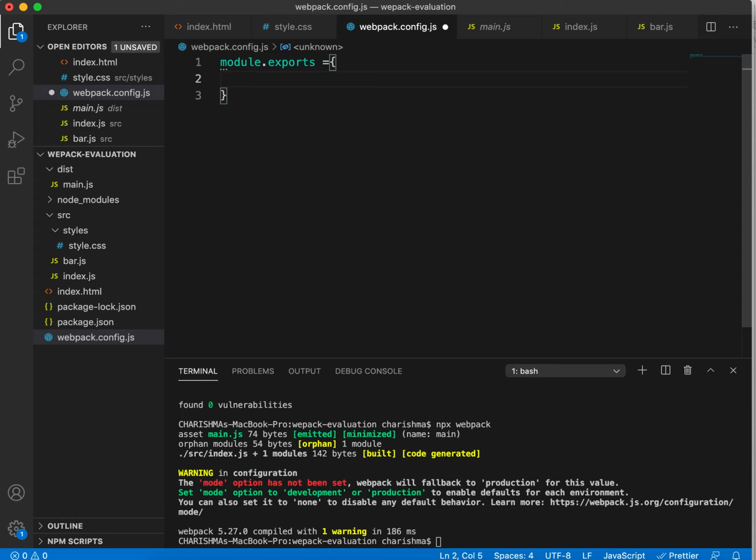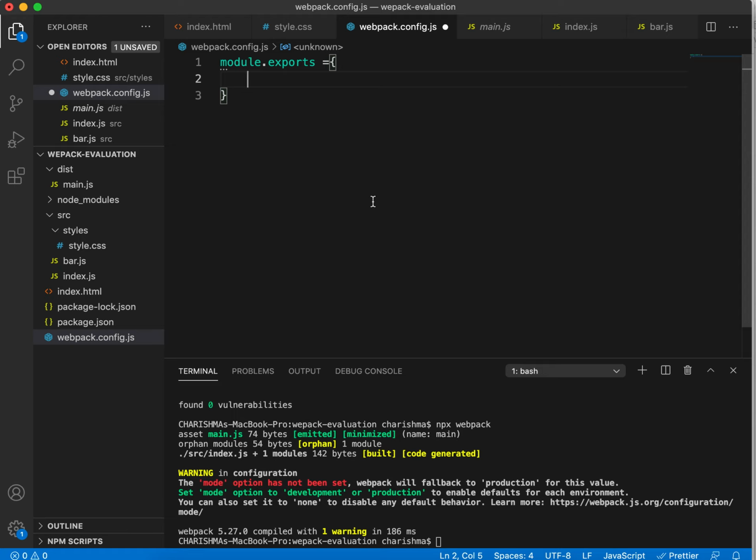Like, we can change the entry. It might not be src as always. The output might not be dist always. We can configure whatever we want to name them, and those entry and output can be specified here, like entry, and specify the dist, like path of it. Here I'm not gonna do that now, but in this I'm gonna